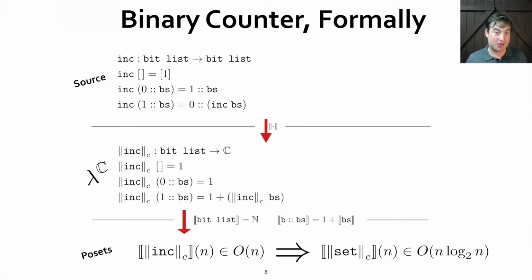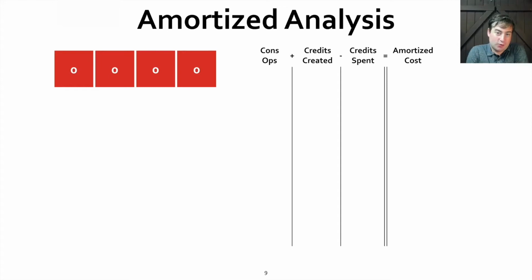Now let's take a look at how the amortized analysis of the binary counter actually should work, to help inform how to change the recurrence extraction to get the tight amortized bounds we're looking for. So here's a quick refresher on amortized analysis for those of you who've forgotten what the big deal was since you last learned about it.